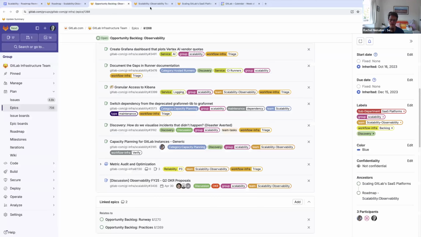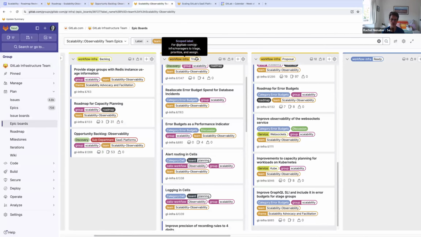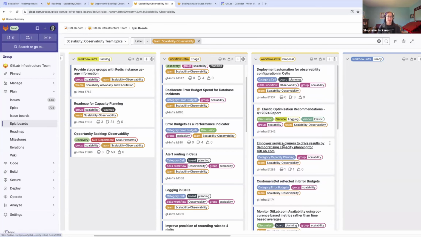Triage was always, here's an idea that I have, I don't know how to do this, I don't know if it's important, but it's just an idea and I'll store it and away we go. Proposal was, right, let's take that idea and actually figure out how we would do this. What would we do? Why is this important? Let's provide the information. And then someone would review that and go, I've got everything I need, this is actually ready for development, now it's just about prioritizing this work. Those are the steps to get something into ready. It used to be that we would go through the proposal column, review things in pairs or a couple of us together, and then say, right, we can move this over to ready.